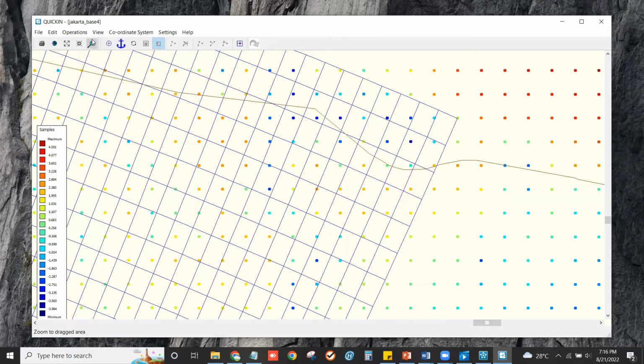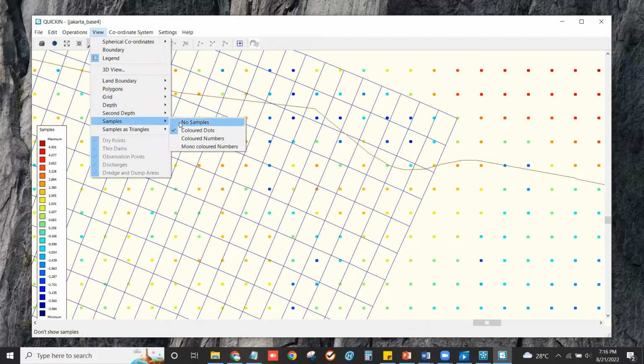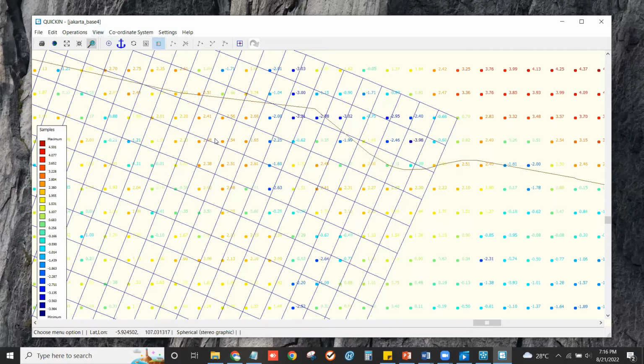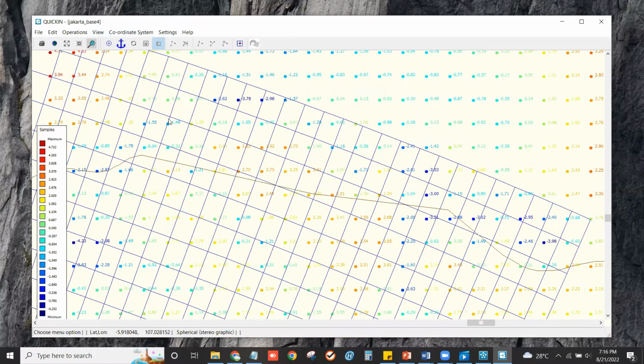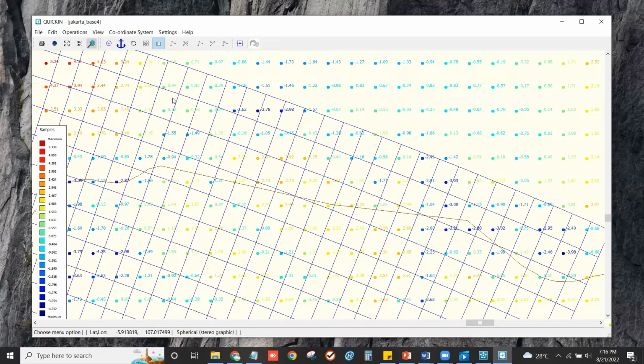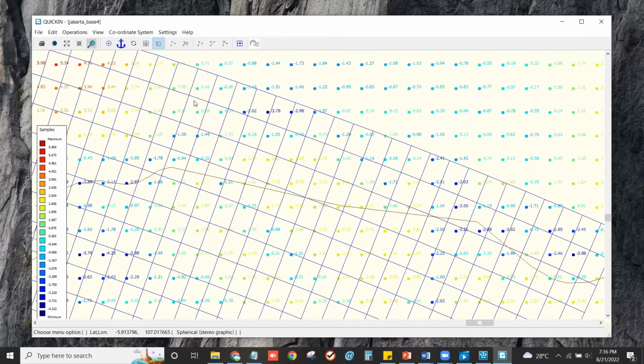Okay, if I click another option, color number, there is the color dot with the color number. The color number is the value of the bathymetry, the value of the sample.